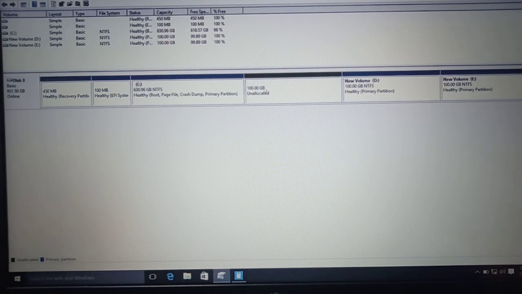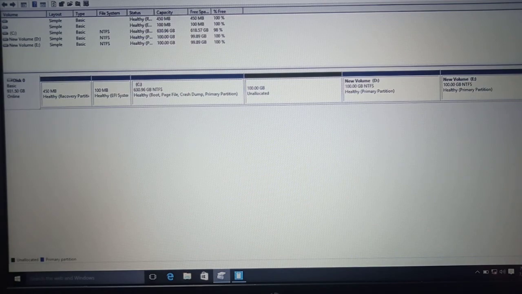This 100 GB I am going to use for another operating system. Along with this Windows 10, I am going to install any new operating system. It may be Kali Linux, Parrot, Ubuntu, or anything else. So I'm going to keep 100 GB for a new operating system.